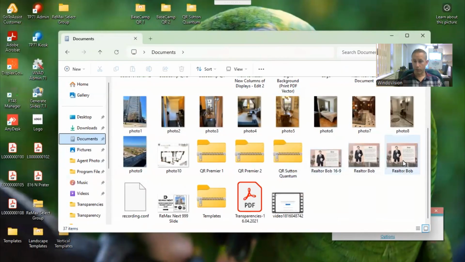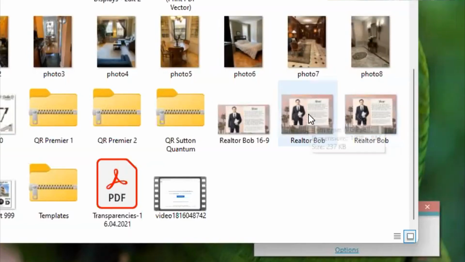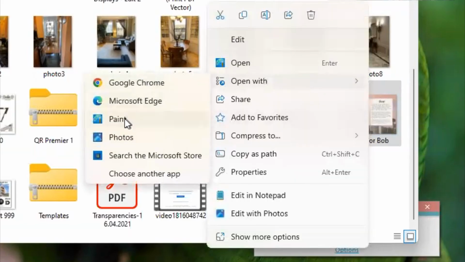So I had to do a little bit of work to this image in order to make it compatible with the software. This is the one that I downloaded from the internet originally, and you can see it's a WebP file. WebP is a newer file type that a lot of online images use now, but unfortunately they can't be uploaded as that file type into the software for the Window Vision system. So I took my WebP file and converted it into a JPEG, and I'll show you how I did that real quickly. I just opened it with Microsoft Paint,